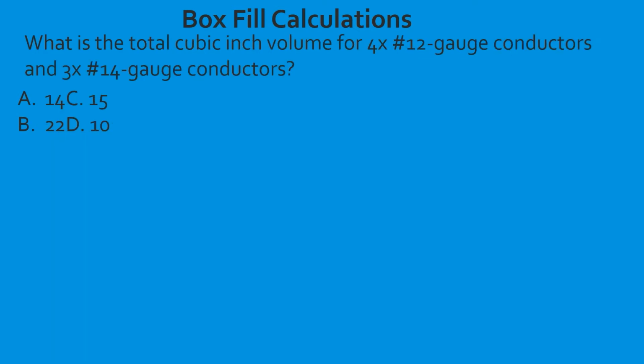What is the total cubic inch volume for 4 number 12 conductors and 3 14 gauge conductors? So we're going to take everything that we've learned and put it together here and figure out the total cubic inch volume for a mix of conductors. So we're going to head to table